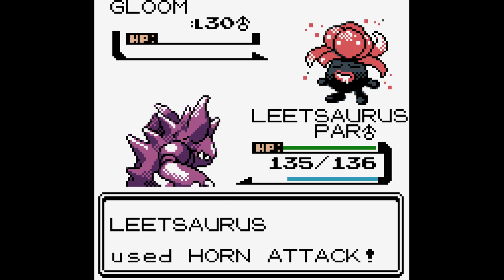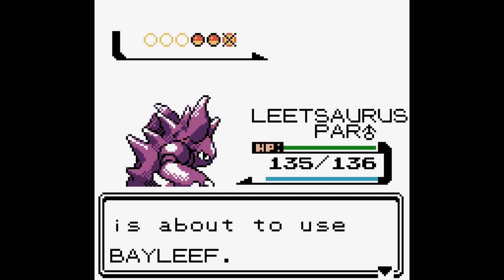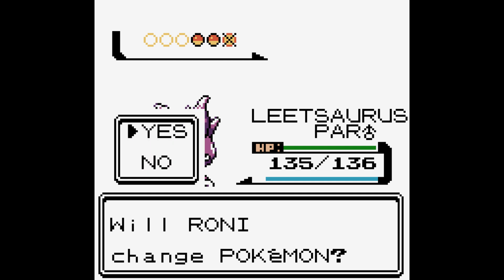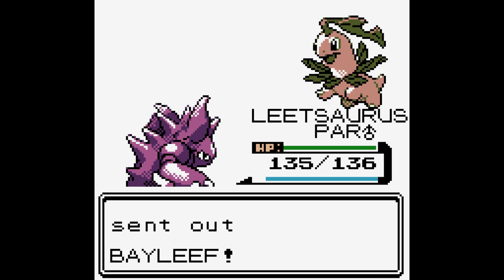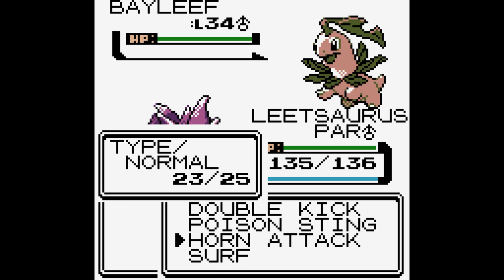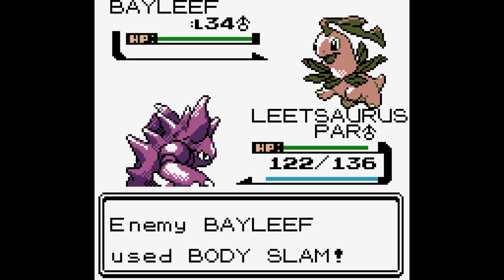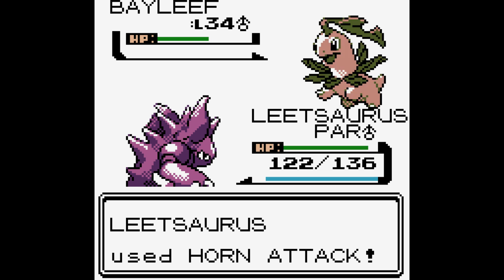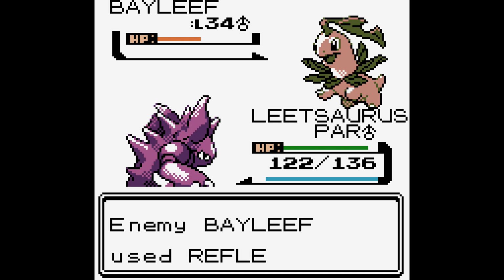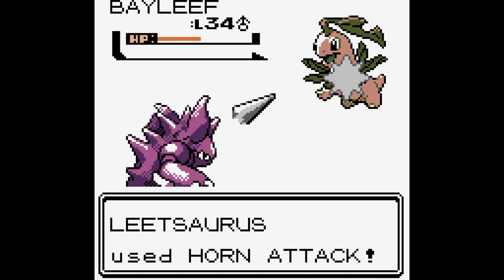I can't believe Delibird, the ice-flying Pokemon, knows a normal move, Present, that can deal a fucking stupid amount of damage. Remember when I said there were things about this game that I felt I should know that I just didn't? Yeah, that's definitely one of those things that I probably should have known. I really should have known to send in...